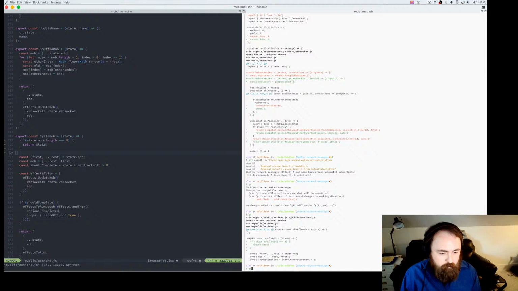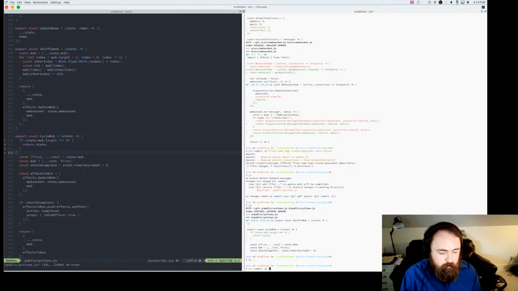And then this would be fix bug in timer cycling when mob is empty.